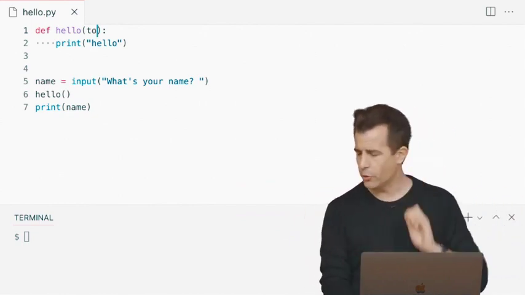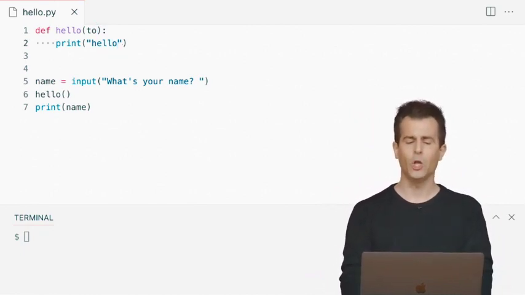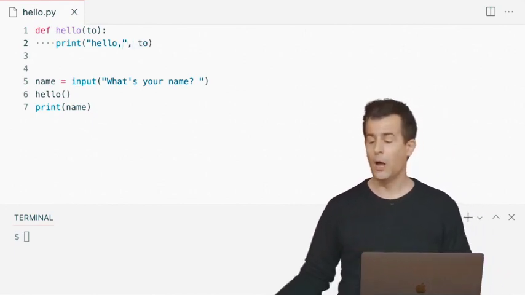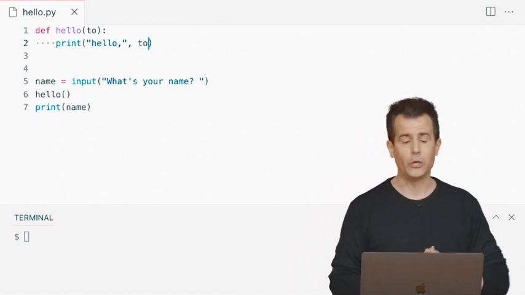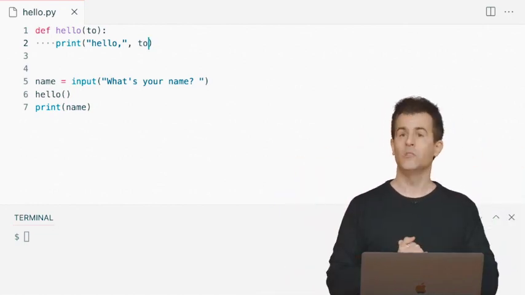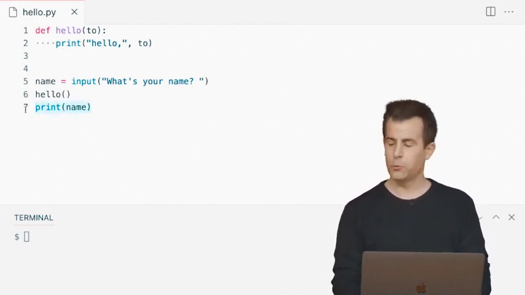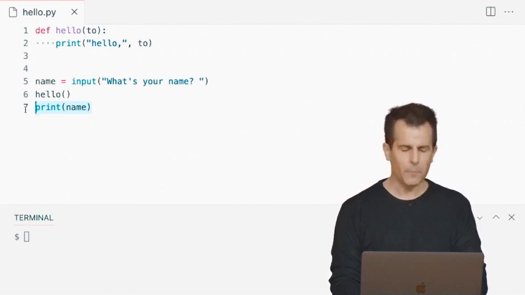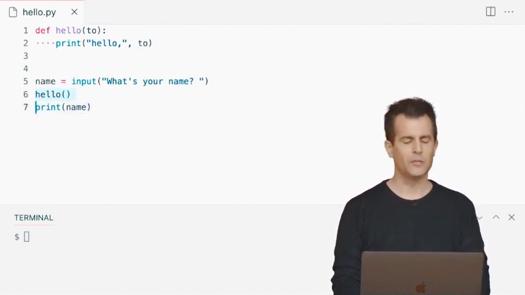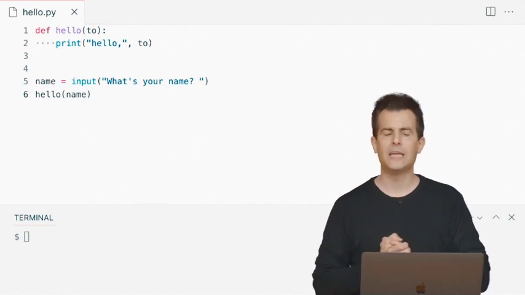All right, well, what do I want to do with the word to? Well, I can do a couple of different things. We've seen so many different ways to implement hello. Let me just add a comma there for grammar's sake. And then let me put the word to after that as the second argument to the function hello. There's other ways we can do this, and we've seen so many, but this one looks a little clear to me, I'll say. What's going to happen next? Well, I don't think I need this extra print line here. I think what I'm going to do is this. I'm going to go ahead here and print out not the person's name manually. I'm going to instead say hello parentheses name.